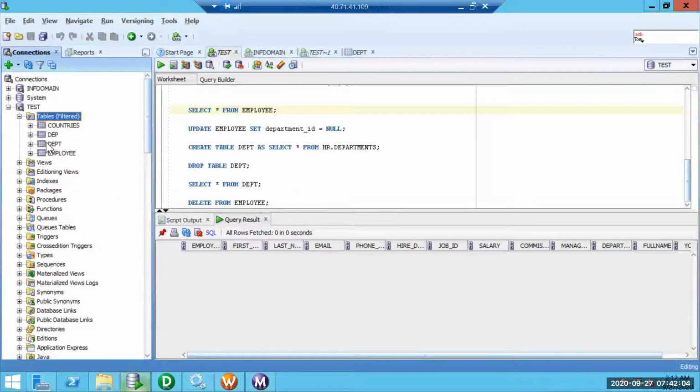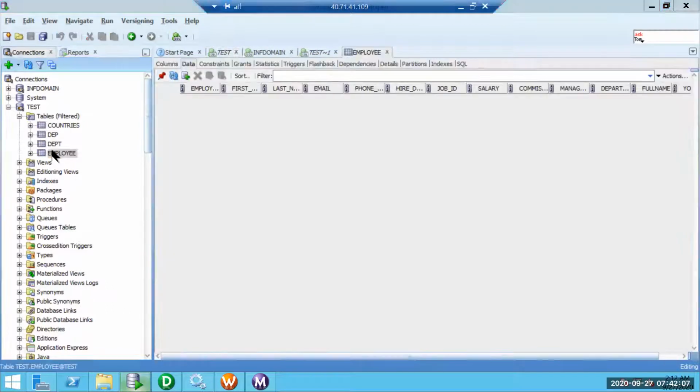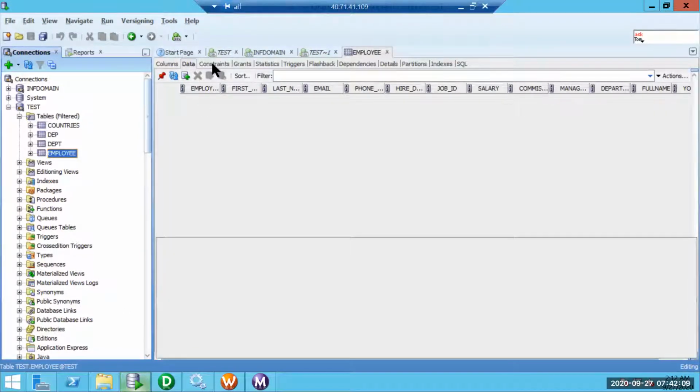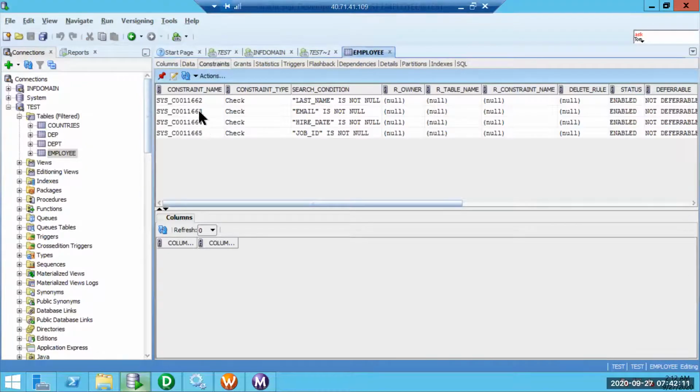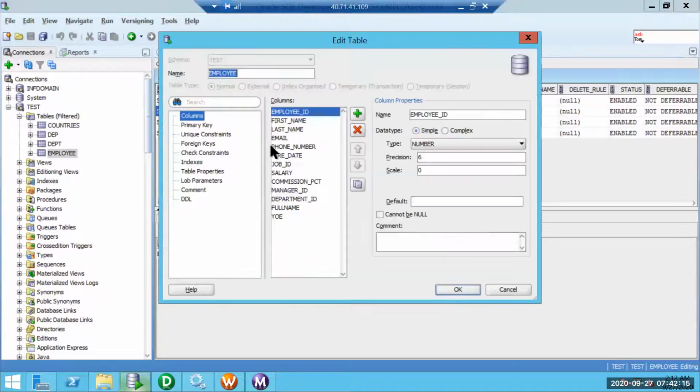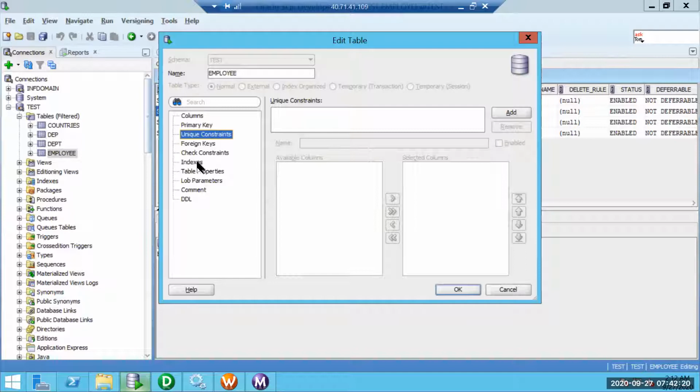In the test schema, employee table, there are two ways. One way, if you know the constraint name, we can delete it. Another way is we can click on unique constraints. No, check constraints.